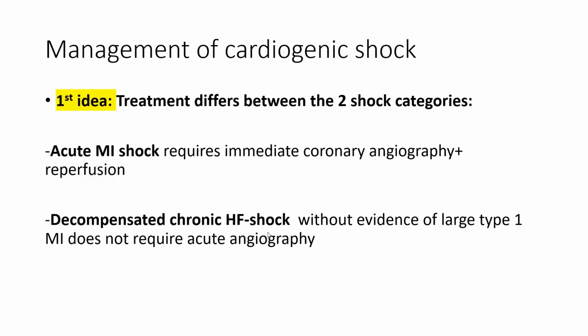Conversely, decompensated chronic HF shock, which has better acute prognosis and better acute mortality, but if it doesn't have evidence of a large type 1 MI, it does not require acute angiography and reperfusion. So that's the first idea. Another difference that I will explain a little later on is the balloon pump. Acute MI shock tends to be less responsive to balloon pump than decompensated heart failure shock,